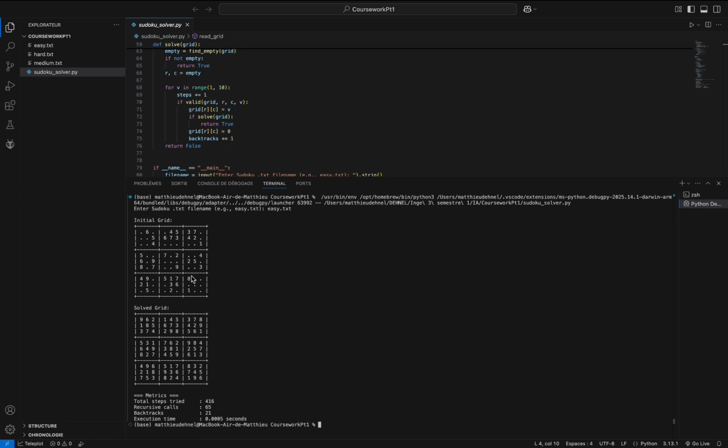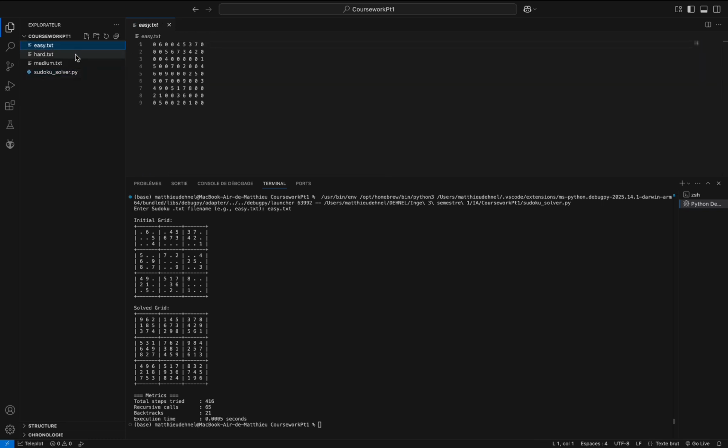I tested it with different puzzles. Easy, here, medium, and hard, to make sure it works for all difficulty levels. In every case, it found a full correct solution. I'm now going to try again